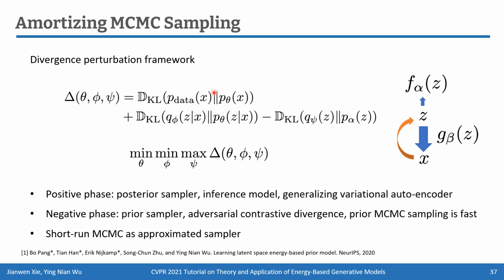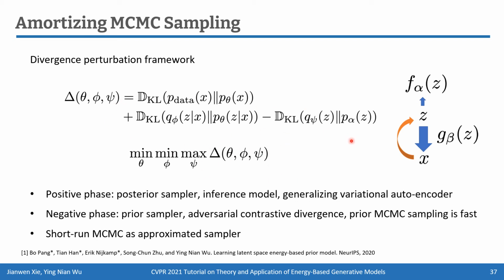In fact, variational autoencoder can still apply to this latent space energy-based model. You only need to incorporate this energy function, the negative energy function. So this arrow indicates that the conditional distribution of Z given X can be approximated by an inference model. And similarly, the sampling of the prior distribution can also be approximated by a model, for example, a flow-based model, if you want. And then you can train both the original model and the approximated samplers by this objective function in